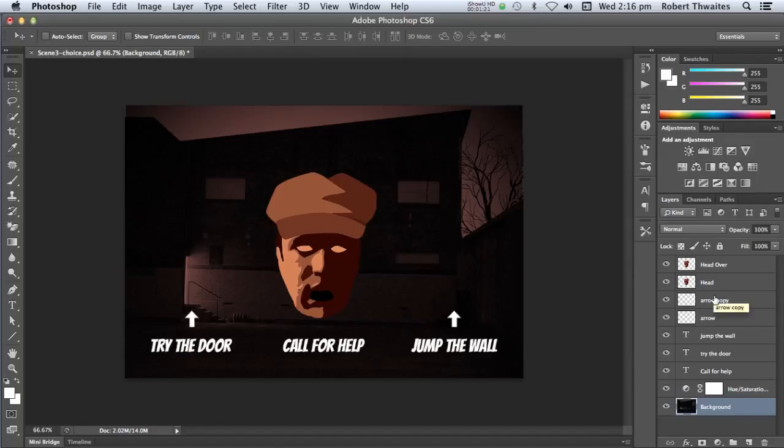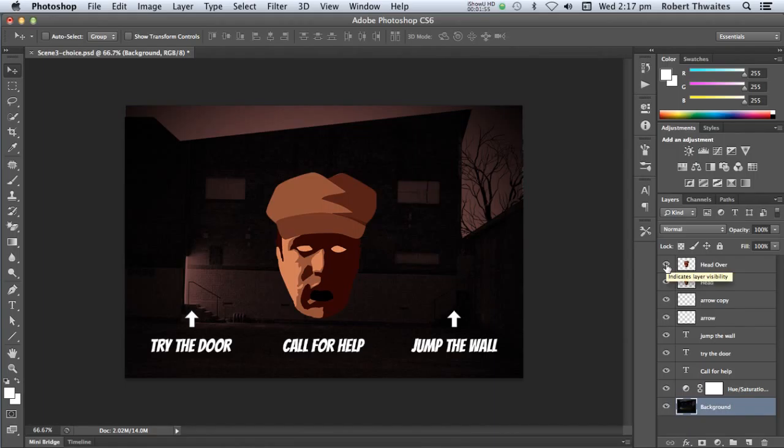There's various ways you could do this, but this is the quickest workflow that I've found for getting assets into Hype. So first thing I'm going to do is get this head over part into Hype. Eventually, head and then head over are going to be an animated button where you roll over it and this mouth kind of opens like that. It would be a bit funny. But anyway, we just want